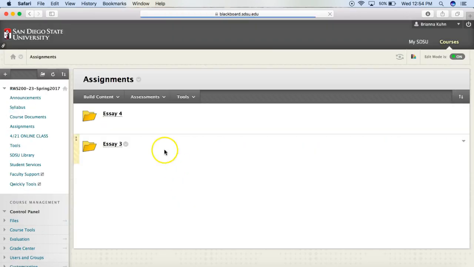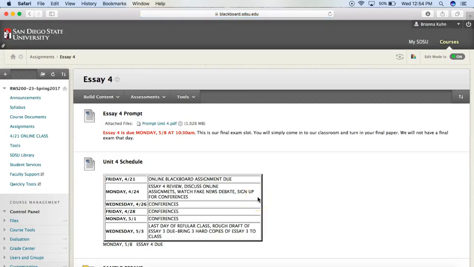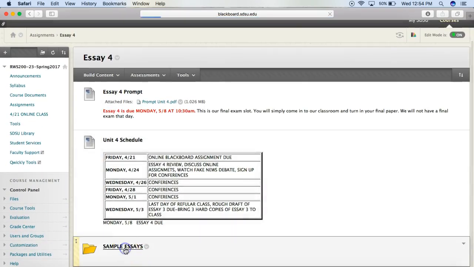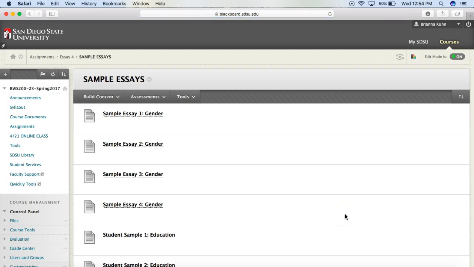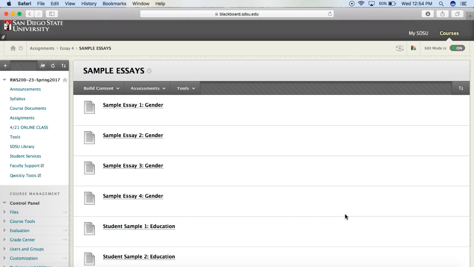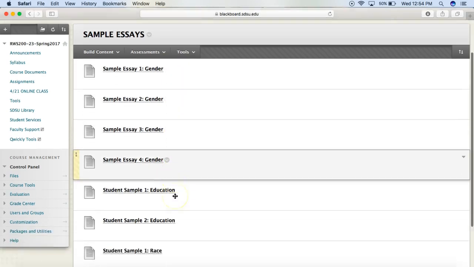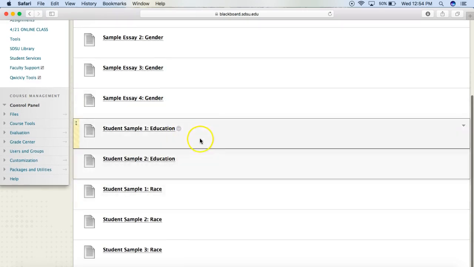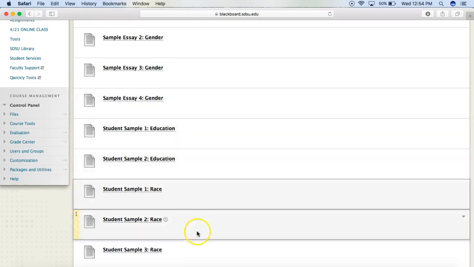Returning to our assignments Essay 4 folder here, I also have a whole folder of sample essays. I went through my previous 200 classes and I found a ton of samples for you guys. The first 4 are all on gender, the next 2 are on the education topic, and the next 3 are all on race issues.